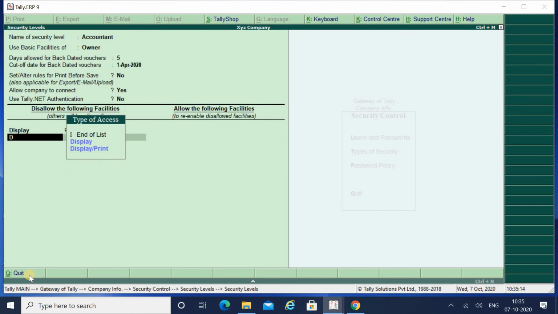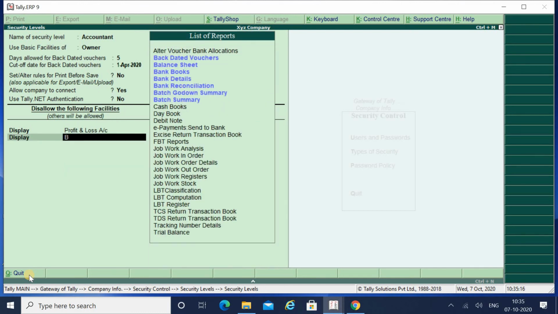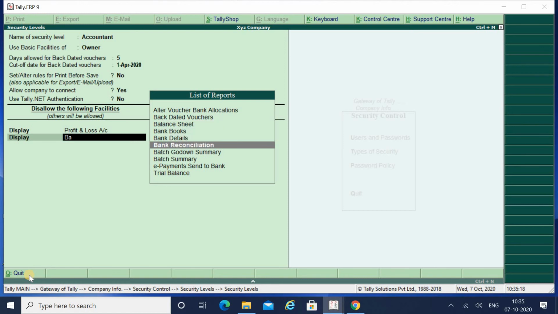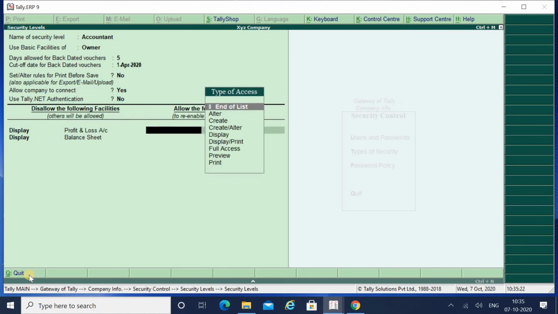Again display, balance sheet. End of list. What it is asking me is to disallow the following facilities. So others will be allowed, but this accountant will not be allowed to display the profit and loss account and balance sheet. Are you clear?